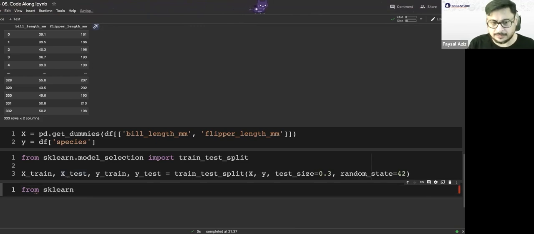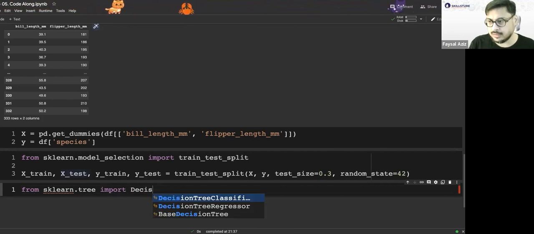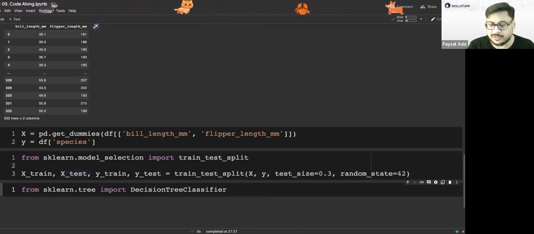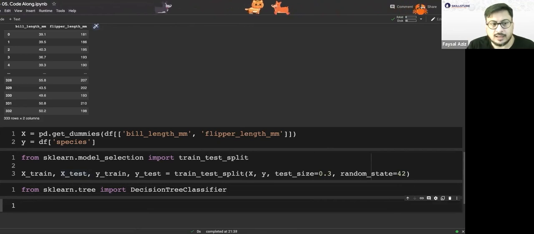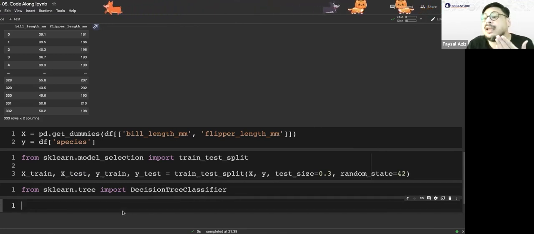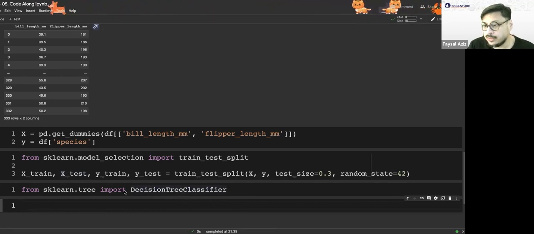So from sklearn.tree, I want to import the DecisionTreeClassifier. You see, there are many kinds of decision tree. I want the decision tree classifier, okay? Because I find this to be quite cool. And how to use it? Remember, we first make the model. We choose our model. Well, our model is this, but I need to tell Python that this is the model I want to use. I've imported it. Now Python knows what it is, but Python doesn't know that I want to use it. So I want to use it.